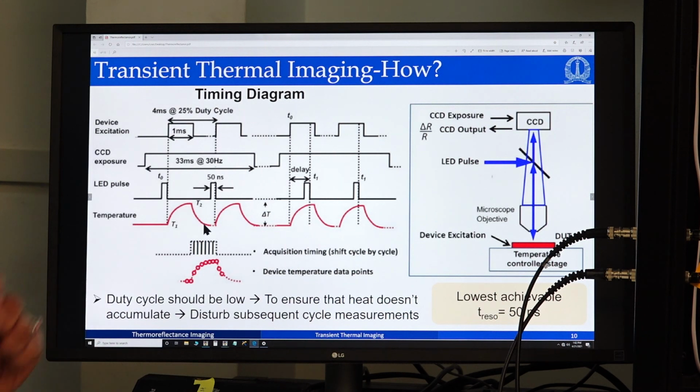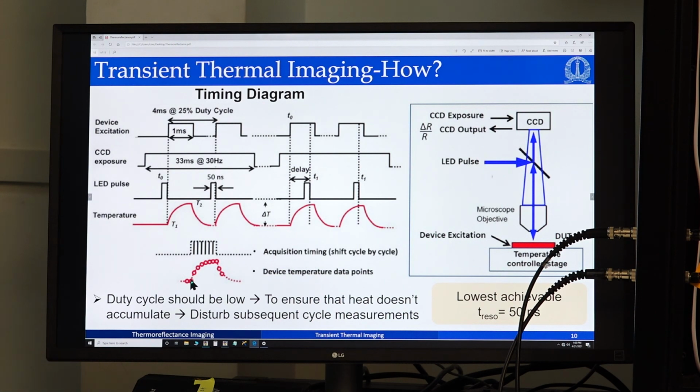So who does the measurement? The LED pulse does the measurement. So wherever I shine the LED pulse, at that point the measurement will be taken. So in this waveform, if I have to take a measurement at this point, I have to select the delay for this LED pulse in such a way that it shines specifically at this point of the excitation. And therefore, by varying this LED pulse delay, we can cover all the points inside this excitation. So for example, we can set the delay to 0 to get the temperature immediately before applying the bias.